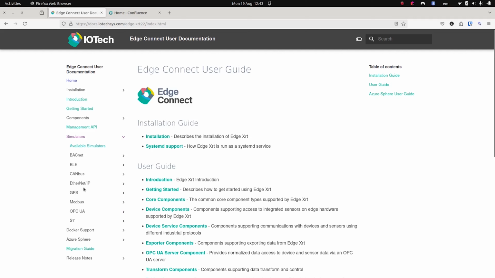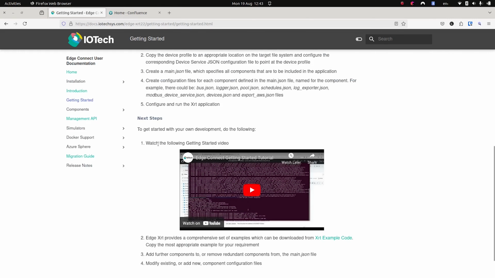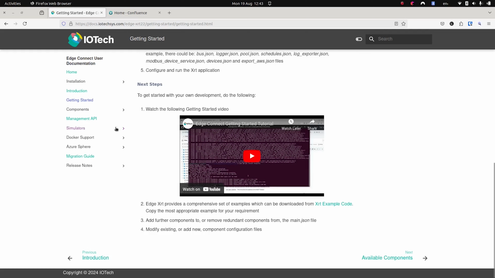In this page, there is a tutorial about EdgeConnect setup steps. This includes installing the MQTT client required for these tutorials, as well as installing EdgeConnect itself and ensuring your license file is set up correctly. This tutorial is a prerequisite to the OPC UA Device Service tutorial, so please ensure you have completed all the